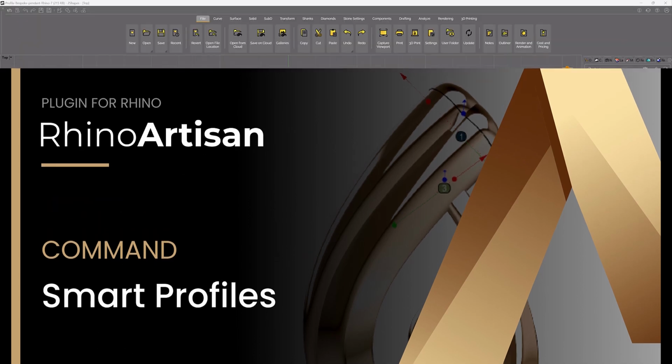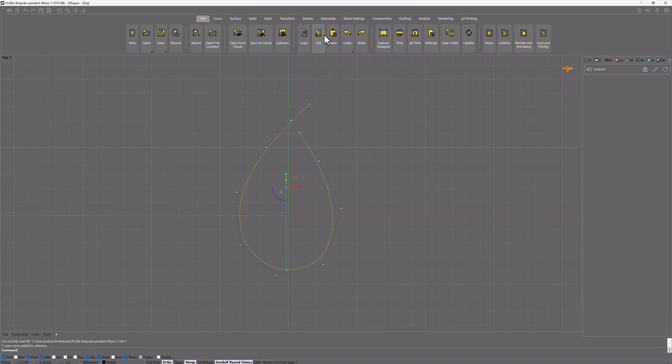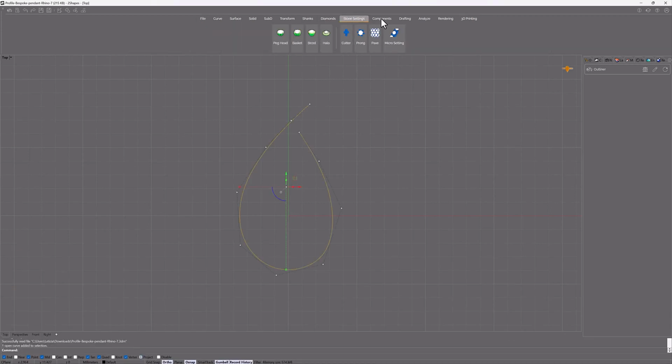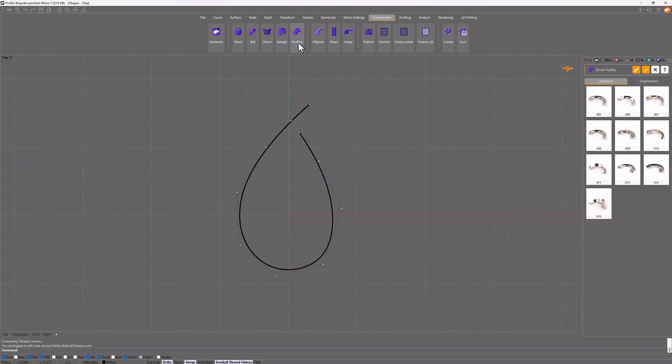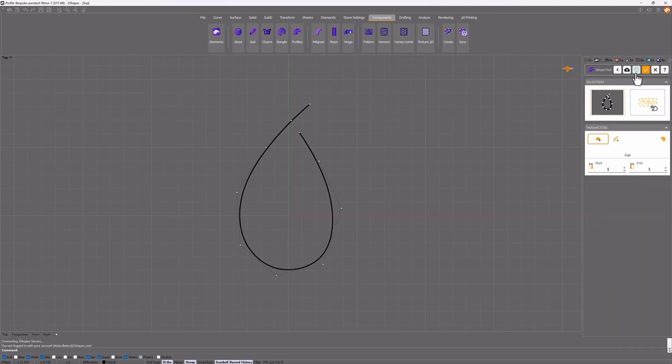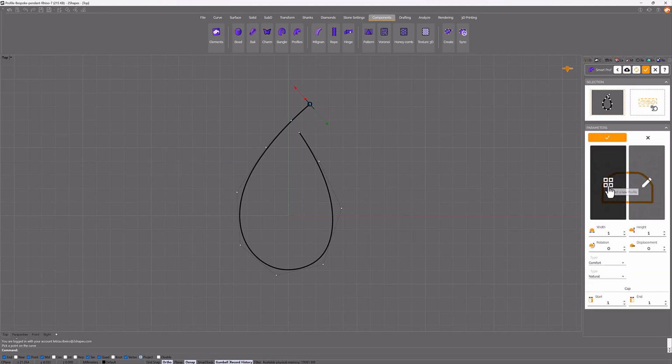Open the Profile Bespoke Pendant .3dm files of this lesson. Select the curve and run the Profiles command under the Components menu. Click on Edit. Click on the Add Profile icon, then pick the curve's top end. Click on the Edit icon next to the profile you just created and change the profile to 017, confirm,